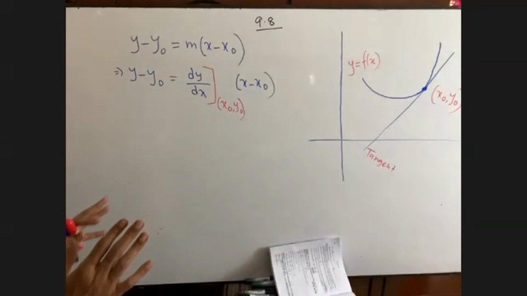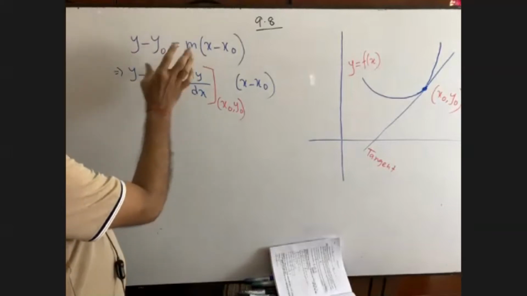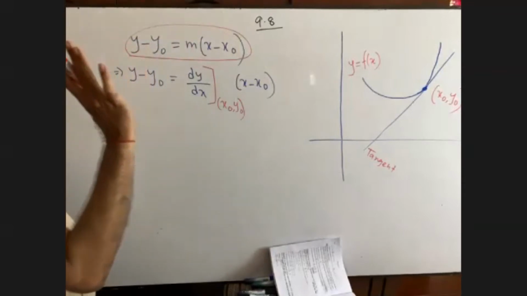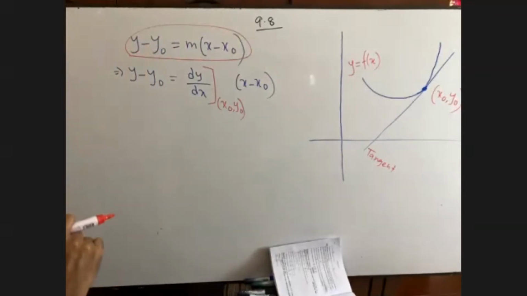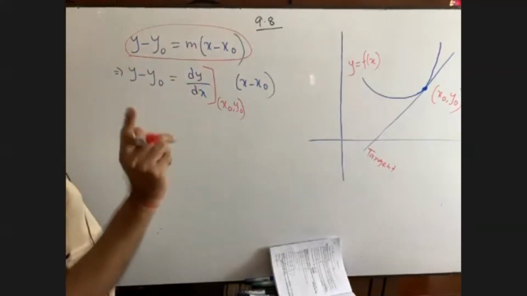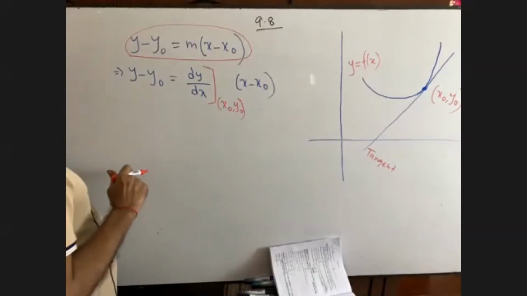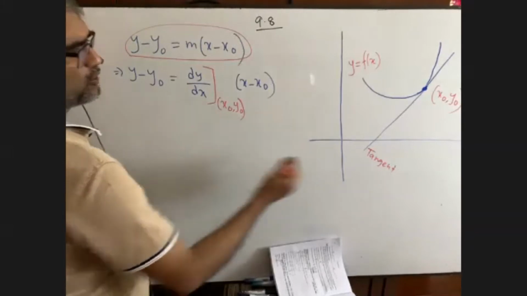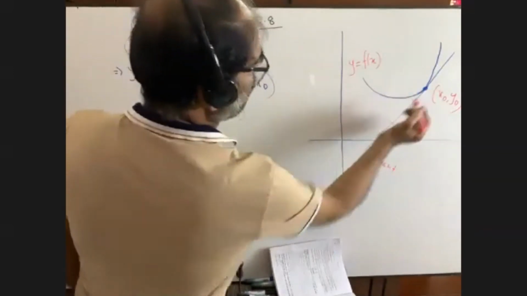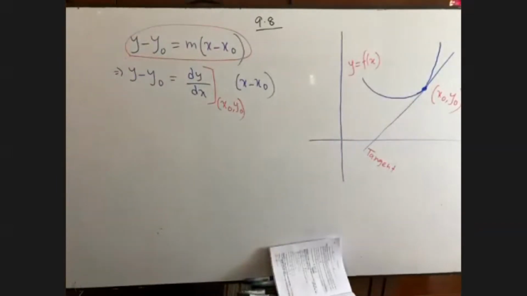Actually nothing. What is to do? m means what? dy by dx. You consider it as the equation. But in details, it is the formula. But in details, m equals to what? dy by dx, that you have come to know by this time. And where? At the point x naught, comma y naught. Because there are innumerable points, not everywhere. At the fixed point. And what is that point? That point is the point of intersection of the tangent and the curve y equals f(x).